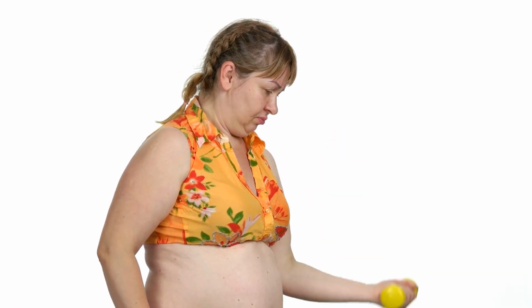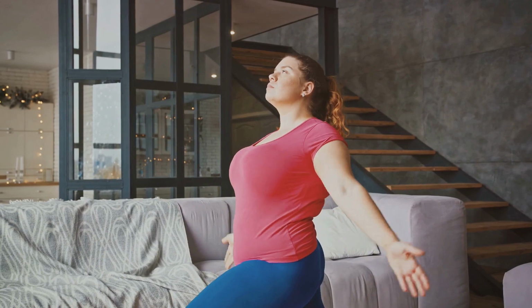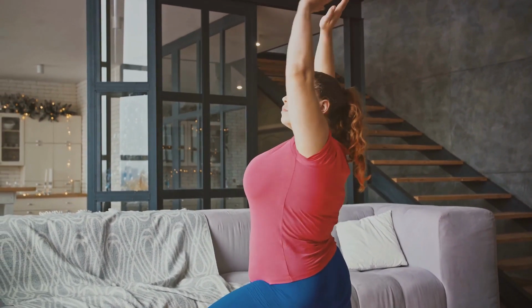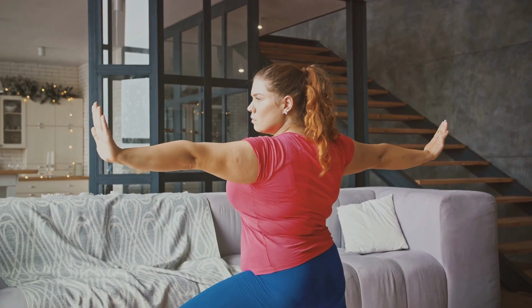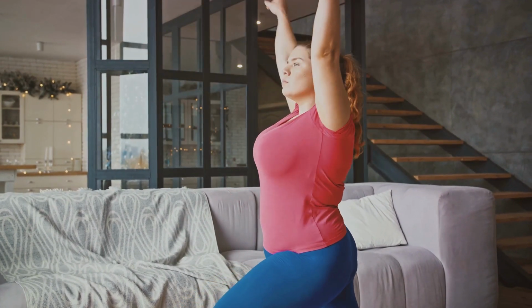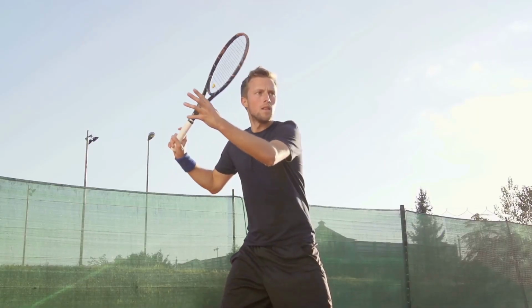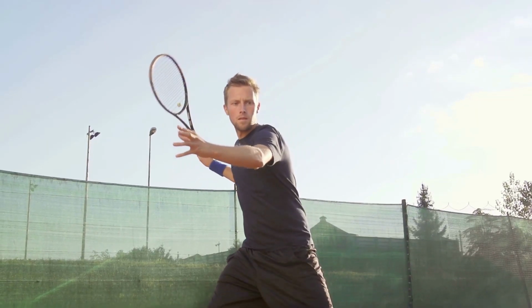So, what can we do about it? Well, the good news is, there are many exercises out there designed specifically to tackle belly fat. Not all exercises are created equal when it comes to banishing belly fat, but adding physical activity to your daily routine is a great way to start. Scientists and doctors agree, regular exercise is a key strategy in burning off that unwanted belly fat and slimming down